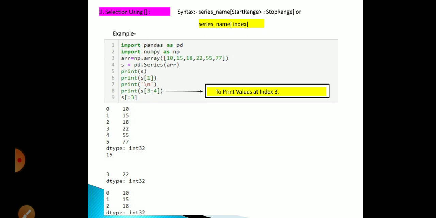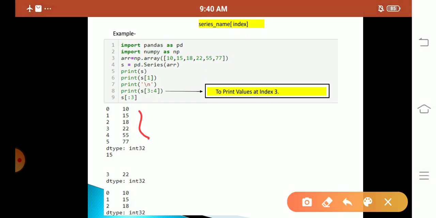Okay, so see here, you will import the packages pandas and numpy. For a numpy array if you want to give, you will import numpy. If you don't want to give an array, if you want to give a dictionary, then the numpy package is not needed. If you want to store the array, I have used the arr variable. Under that I have stored my array values. Next, to store the series values, I have used the s variable. Simply I have printed print s. So what happens here? It will print all the 5 values here.